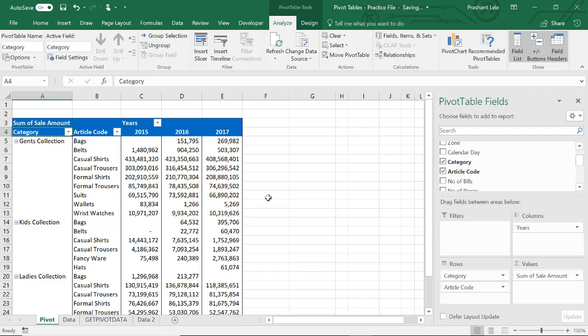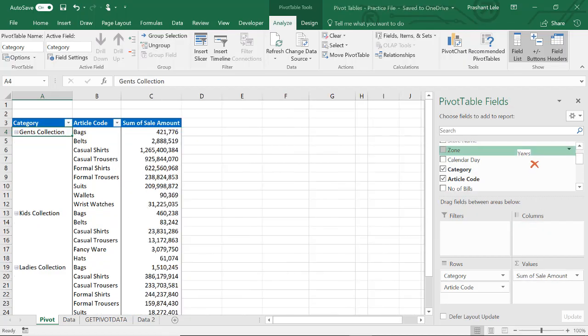For example, if I am removing the years, okay, so now the field name is called sum of sale amount. I cannot rename it as sale amount because the name sale amount is already there in your source data.